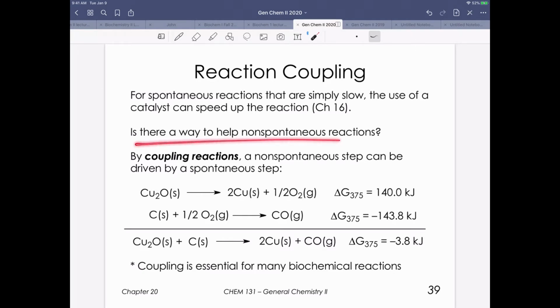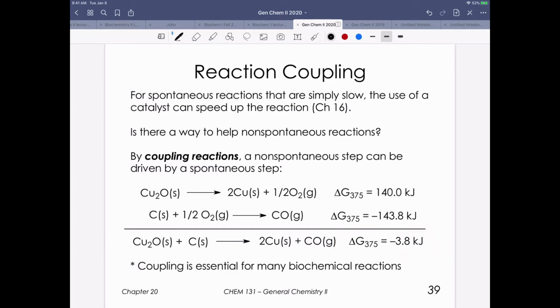Well, what about if you had a reaction that was non-spontaneous? How could you help that process? This introduces a concept called reaction coupling, and this is actually a skill that you've really seen before. Remember when we talked about Hess's law, if this was enthalpy here, if we had two reactions, we could sum them together, and in that case we would sum the enthalpies. That's all that we're doing here, summing the free energies